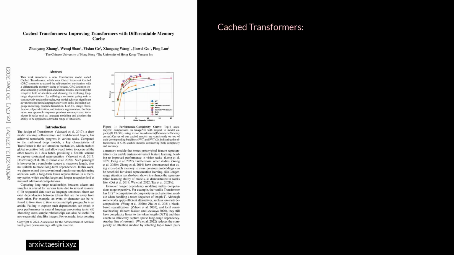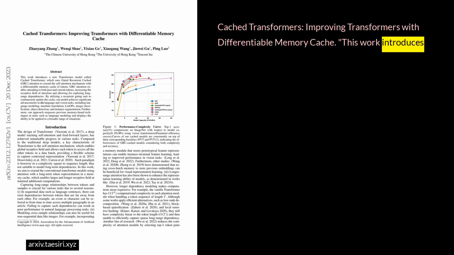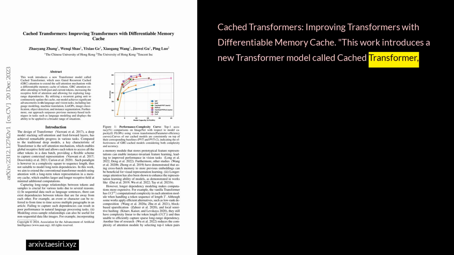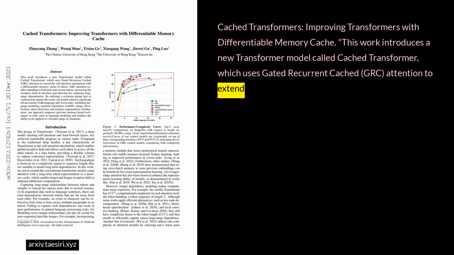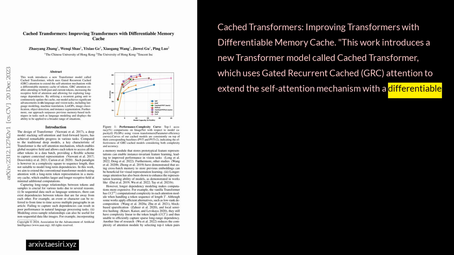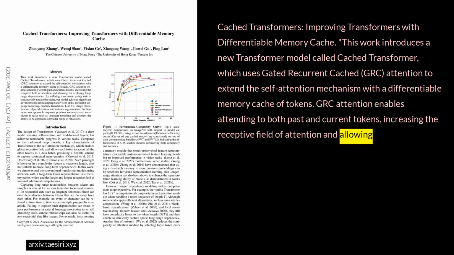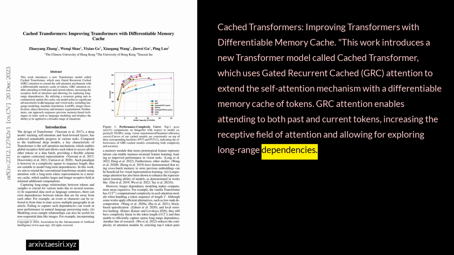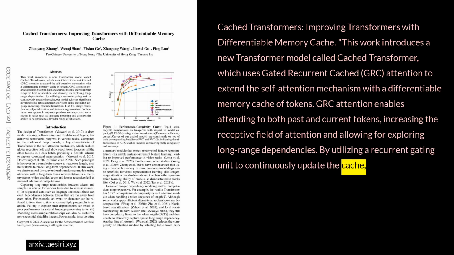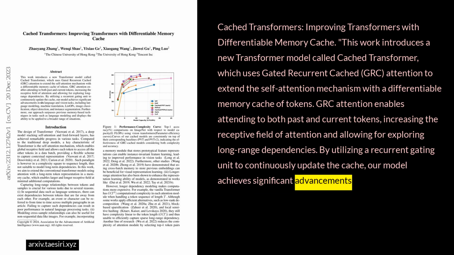Cached Transformers, improving transformers with differentiable memory cache. This work introduces a new transformer model called Cached Transformer, which uses Gated Recurrent Cached (GRC) attention to extend the self-attention mechanism with a differentiable memory cache of tokens. GRC attention enables attending to both past and current tokens, increasing the receptive field of attention and allowing for exploring long-range dependencies. By utilizing a recurrent gating unit to continuously update the cache, our model achieves significant advancements in 6